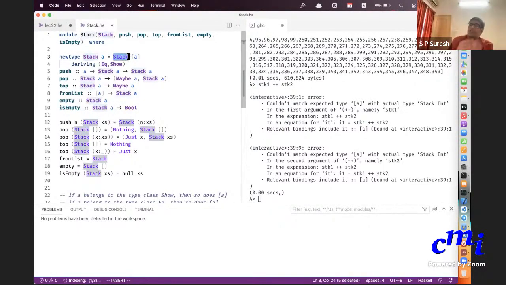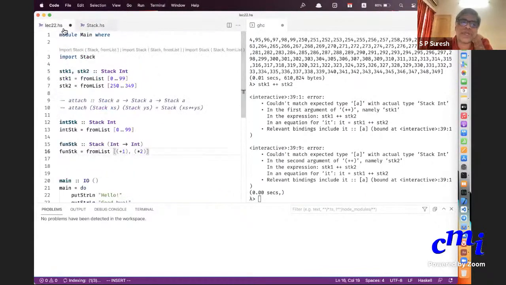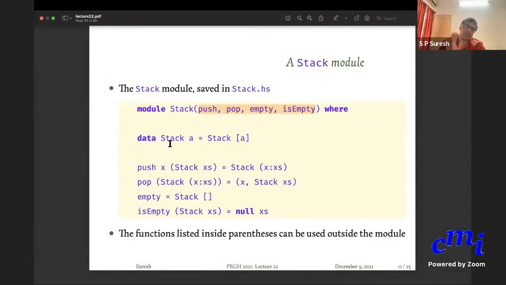Because if you are showing the value constructors, you are also showing what kind of data representation you are using, and you might change your data representation for various reasons, which we will see in the next class when we look at queues. Queues are the other kind of fundamental data type that you use in computer science. So this is all about defining your modules.